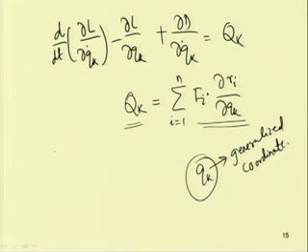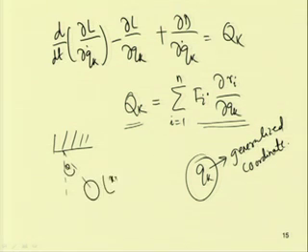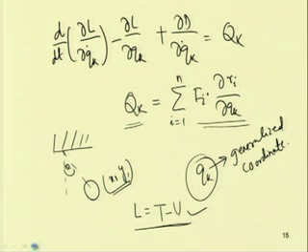For example, we have already discussed the case of the simple pendulum. Our generalized coordinate is theta. Instead of putting x and y, x i, y i or x 1, y 1, one can put theta as the generalized coordinate. Here x and y are the physical coordinates. Capital L is the Lagrangian of the system, which is equal to kinetic energy minus potential energy of the system. Similarly, one can derive the equation of motion by using Hamilton principle.